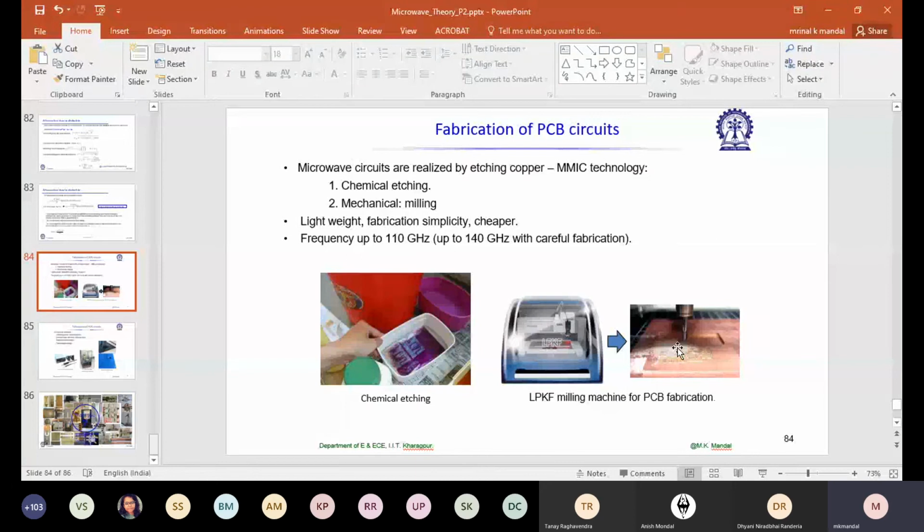It's called milling. We have two machines in our department. One from LPKF, a German company, and another one from MITS. The MITS one is actually a high precision one, and it can provide us a precision of plus minus 25 micron. So we just have to load the design in the computer, and then